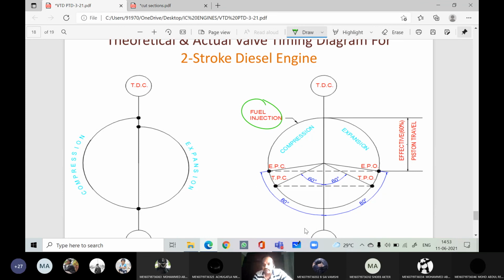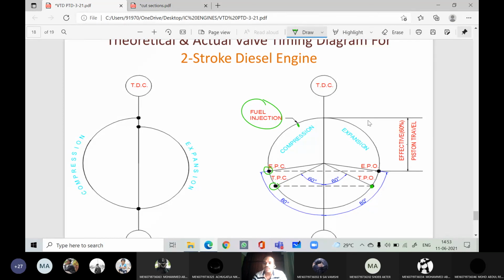Right, so you can see when it is moving from BDC to TDC, first it covers the transfer port, then it covers the exhaust port, so the transfer port closes, the exhaust port closes, then compression. At the end of the compression, diesel is sprayed, thereby the combustion is initiated due to those high pressure, high temperature gases. Then expansion, the expansion continues till it uncovers the exhaust port, meaning the exhaust port is open. So the exhaust port is open means that is the exhaust stroke. Within the exhaust stroke, the transfer port is also open. This is for the reason of scavenging.